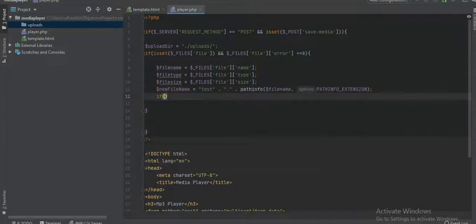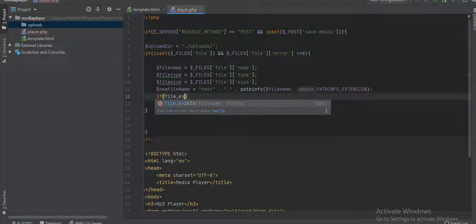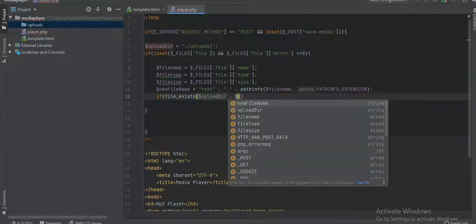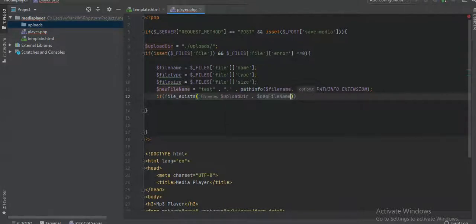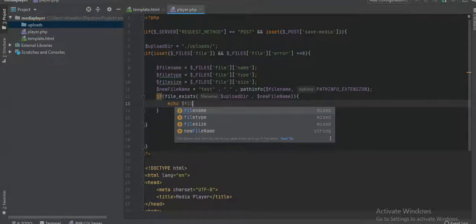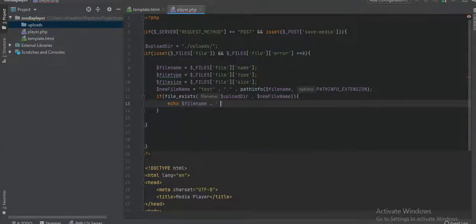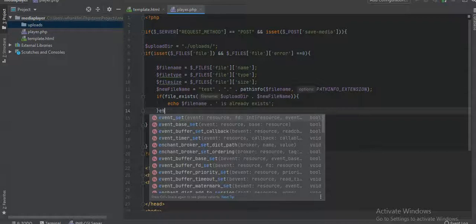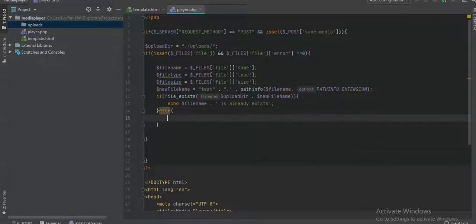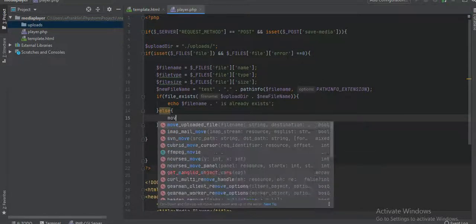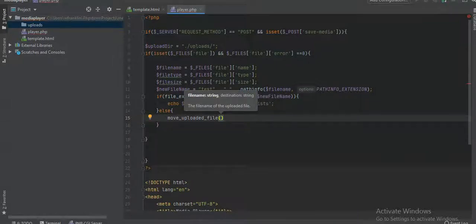Alright, and now we're going to say if file exists, upload directory, new file name, and we're going to throw an error which says this file name already exists. We don't want that to happen, so we're not going to rewrite the file. But if this doesn't happen, then we can call the function move uploaded file,